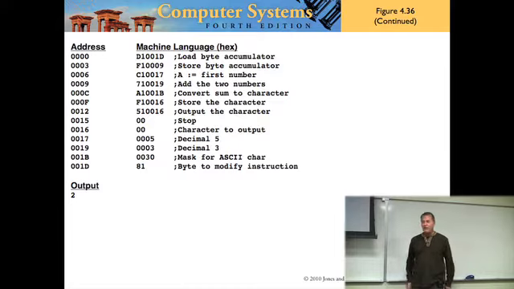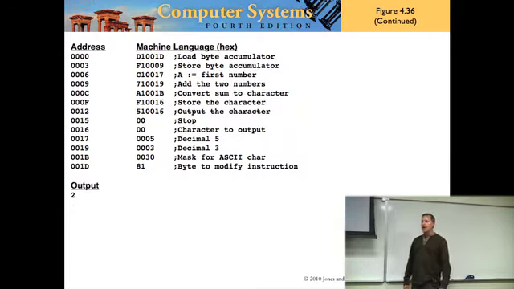Memory. And why is that related to the von Neumann cycle? Because when you fetch, what are you fetching? The instruction. And where are you fetching it from? Memory. And then those instructions work with the data that is also in memory. Typically the way we put it is we put the data below the